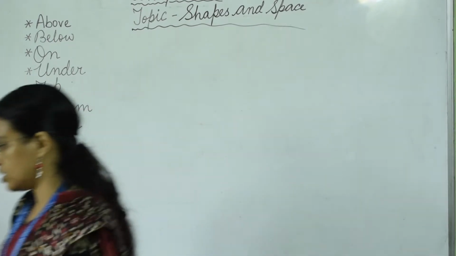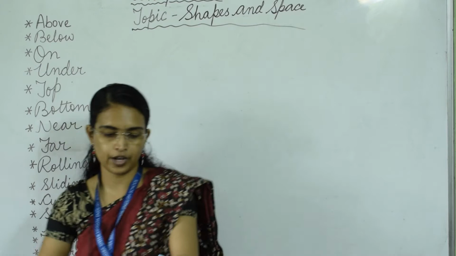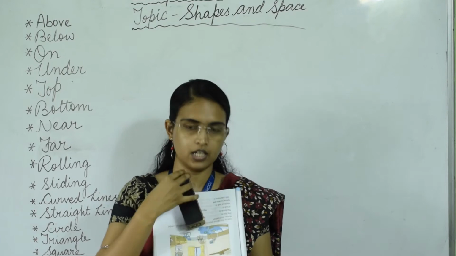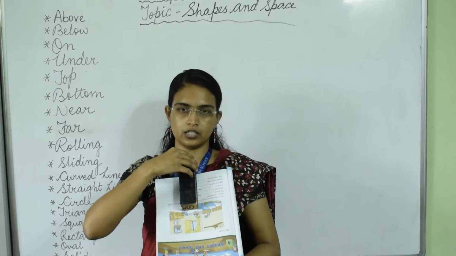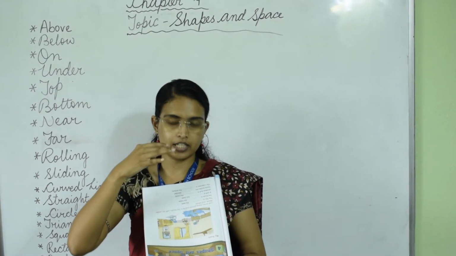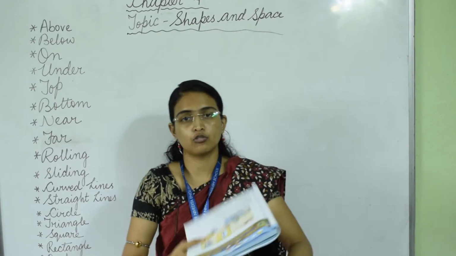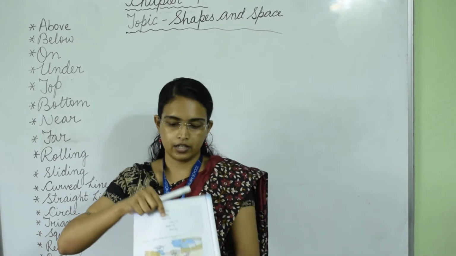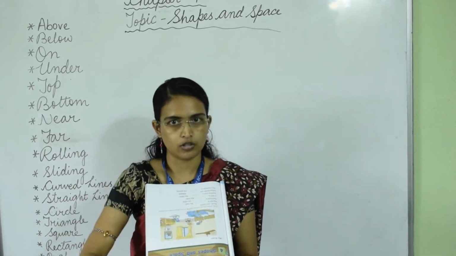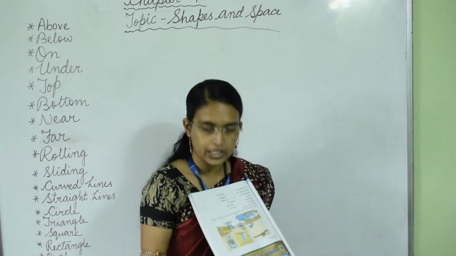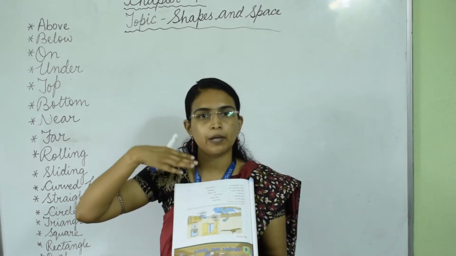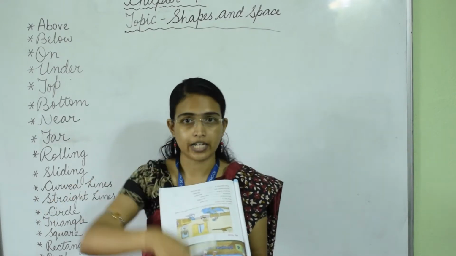Okay. Now next is sliding. If you put this duster the same way, is it roll or is it slide? Let's see. Suppose this is the book and I am putting the duster in this way. What will happen? It slides down, right? It will not roll. It slides down. So when we put the pen in the slanting area, it rolls. But when we put the duster in this slanting area, it slides. Like this, if you put a box in the slanting area, it slides.